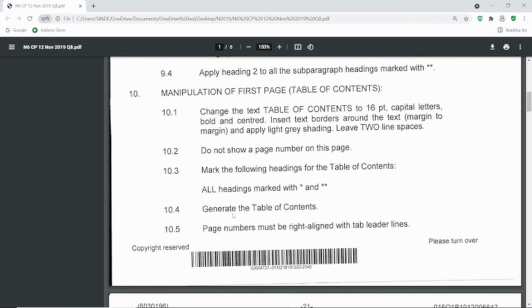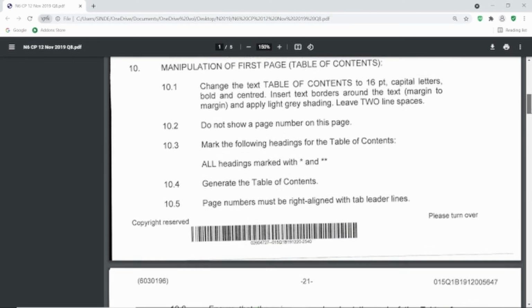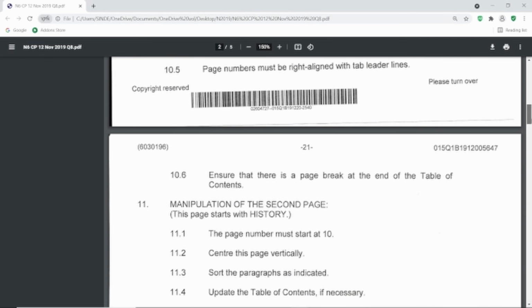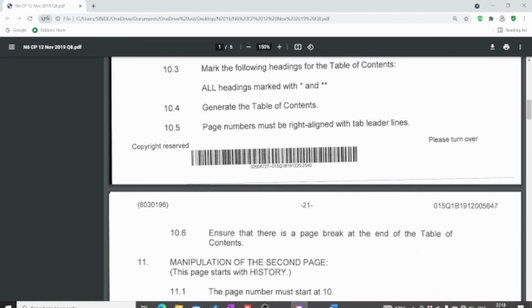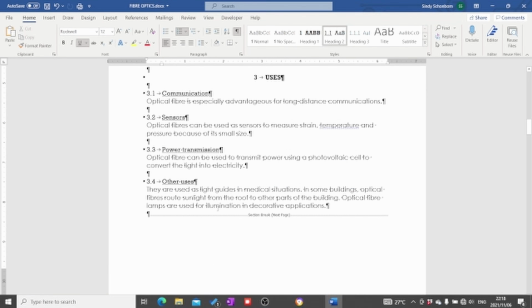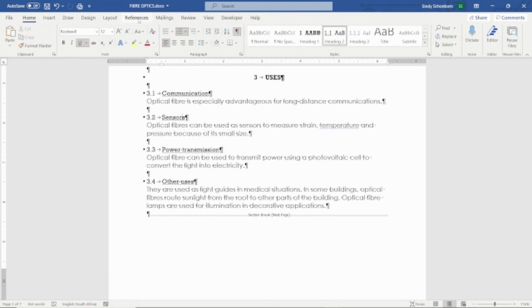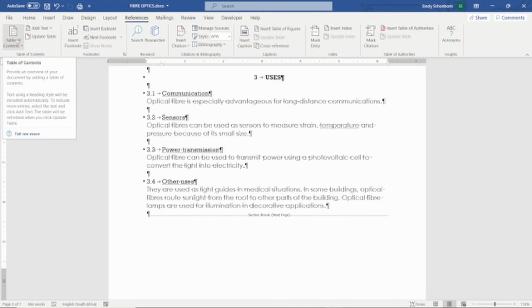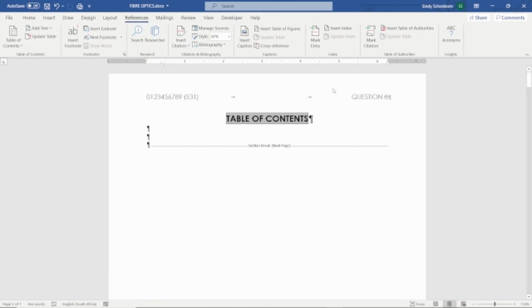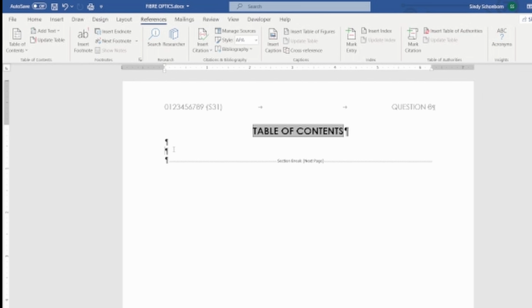Now 10.4 tells you generate the table of contents, and then it tells you always have to go check your options. Page numbers must be right aligned with tab leader lines. And we've got ensure that there is a page break at the end of the table of contents. When we insert a table of contents, you have to make sure that you don't just click anywhere and then go to references and insert your table of contents, because it will insert where your cursor is. That means you have to make sure that you go to the top, click at the correct position,